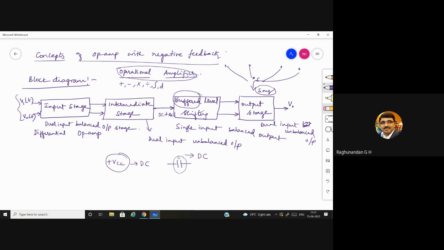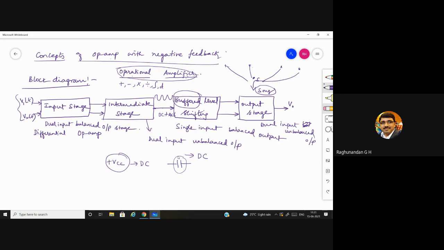Whenever we give an AC signal, it has to give out an AC signal only. You should not give a mixed signal, DC plus AC. So the buffer level shifting stage is a stage where the DC level is shifted to 0, and in order to shift that, it needs some time. That's why it holds the incoming signal. The signal will be continuously coming, and it will be held for a very short duration. During that time, it shifts the DC level to 0 so that the AC signal will be allowed.